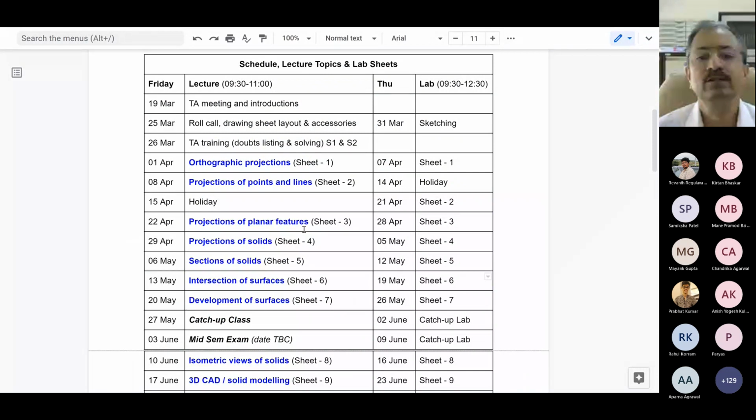Sheet 3, projection of planar features, we are still continuing, but hopefully I'll talk about projections of solids also. Okay, that is today's class. And on the 5th of May, the lab class will be about these things, right? Now,